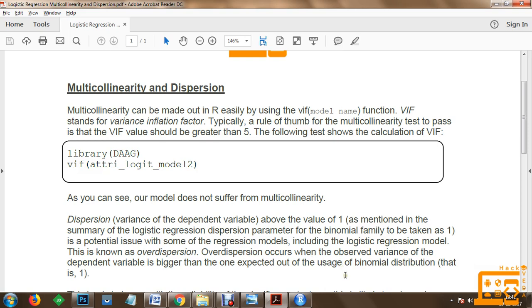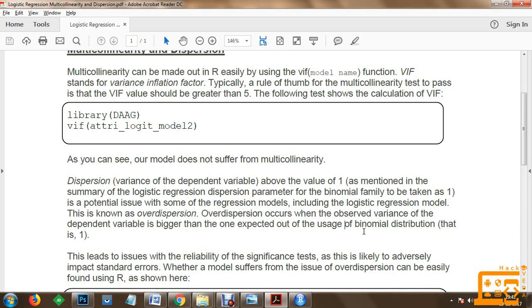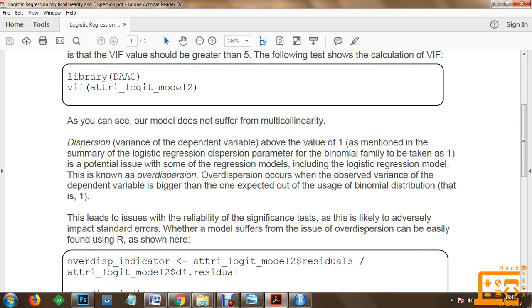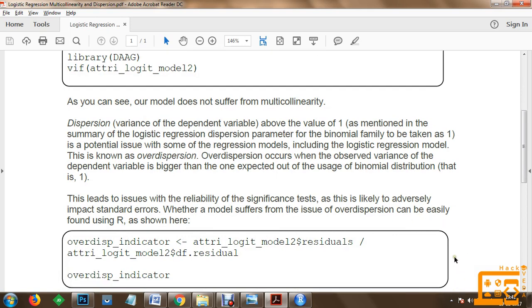Over dispersion occurs when the observed variance of the dependent variable is bigger than the one expected from the usage of binomial distribution, that is 1. This leads to issues with the reliability of the significance test, as this is likely to adversely impact standard errors. Whether a model suffers from the issue of over dispersion can be easily found using R as shown here.